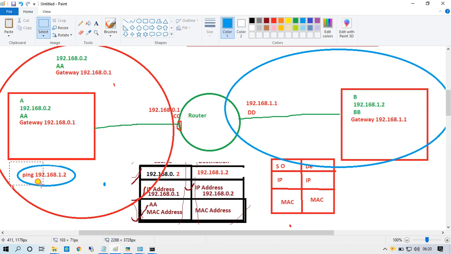So it will generate an ARP request and forward it to the DD MAC interface, and send it to the gateway. And it will create an ARP table.